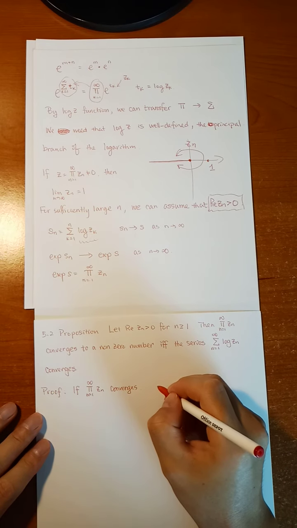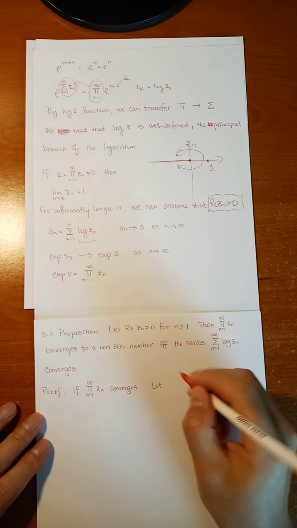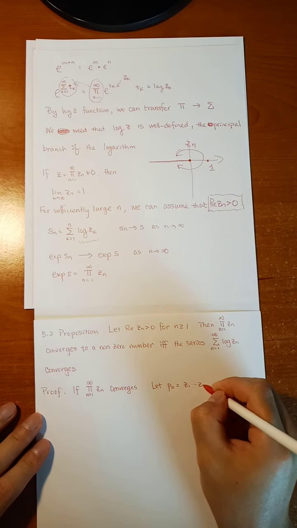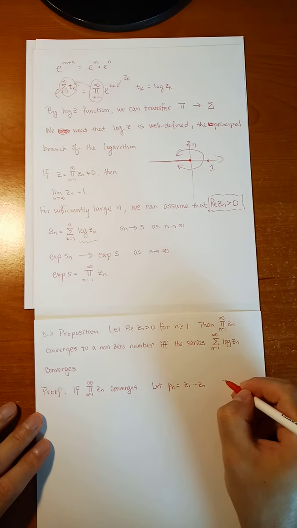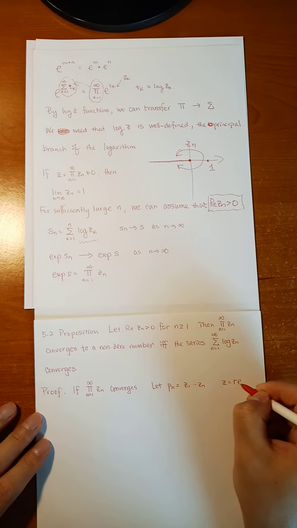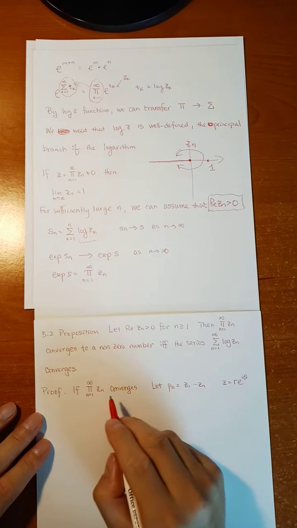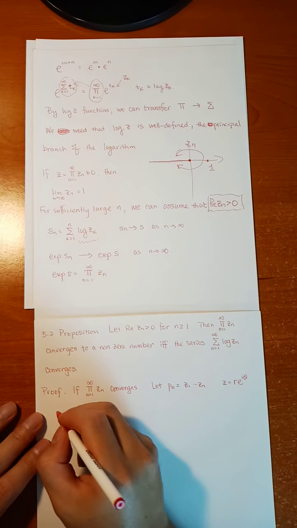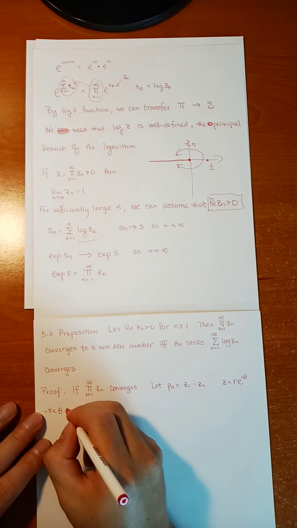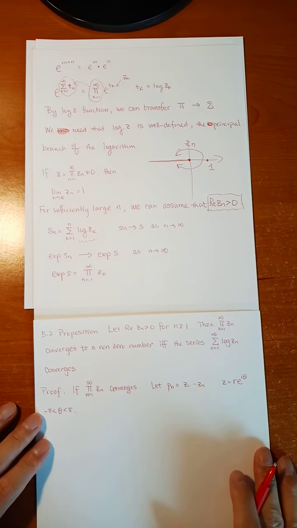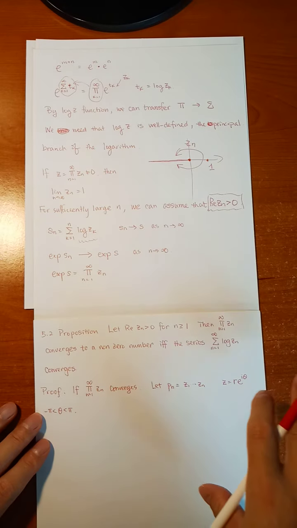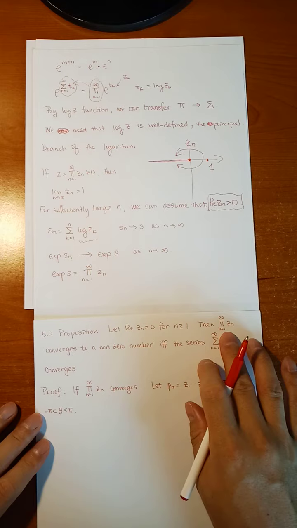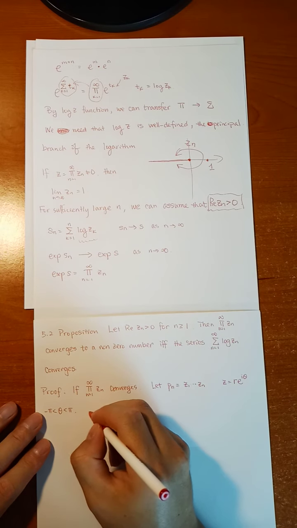First let P sub n be the partial product. P sub n is a partial product, and the limit z is r e^{i theta}. The limit of this infinite product is assumed to be r e^{i theta}. Here this theta is between negative pi and positive pi. Because we already assume all the elements Zn have a positive real part, so we define